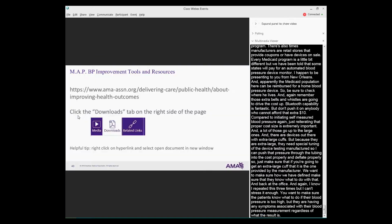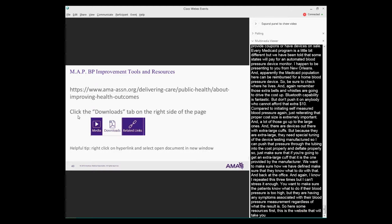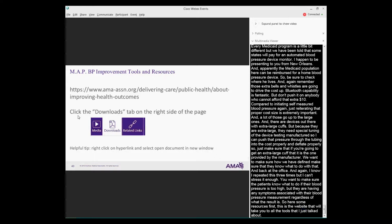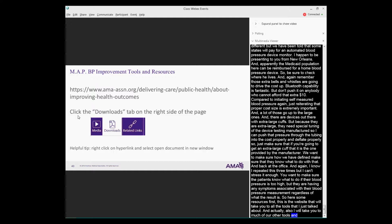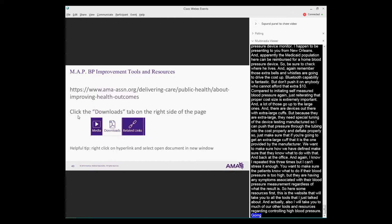So here's some tools and resources. First, this is the website that will take you to all the tools that I just talked about. It'll actually also take you to much of our other tools and resources regarding controlling high blood pressure. You're just going to have to scroll down and you'll find the ones for self-measured blood pressure. They're kind of listed